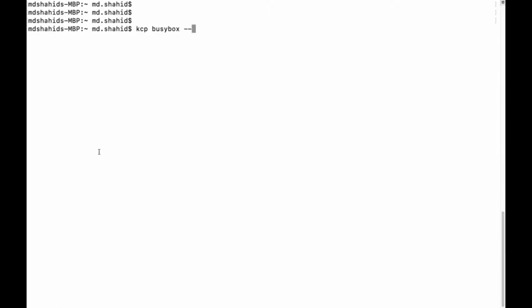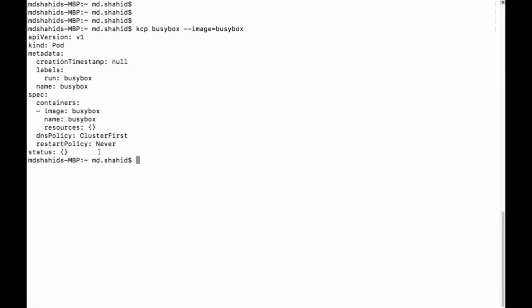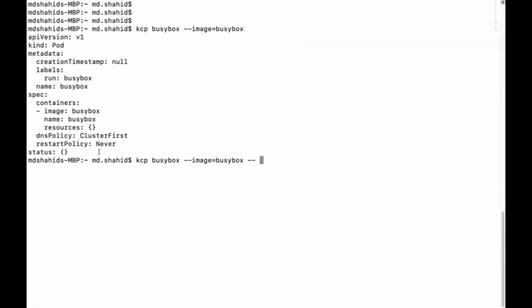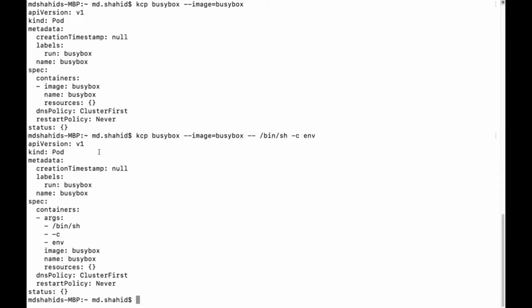I'll give the pod name as busybox and image is busybox here. So let's see. Yeah, so it has created this one, but the question also talks about running the command called env. So basically we can have a command as well, just mention it as env. So now you can see here